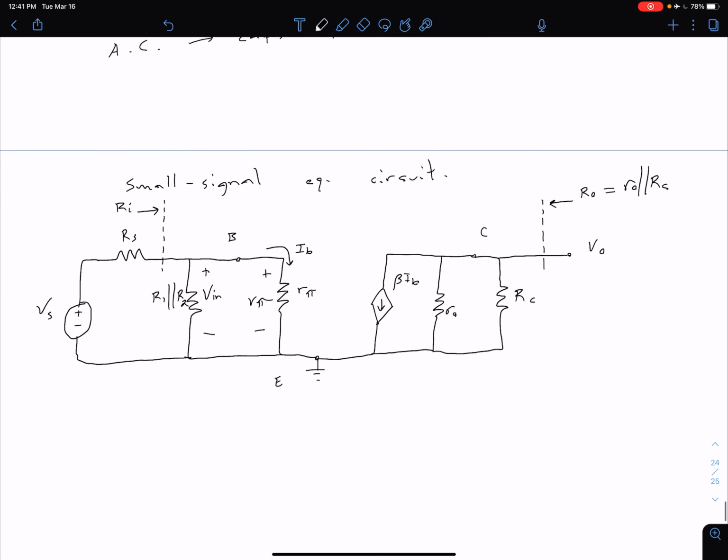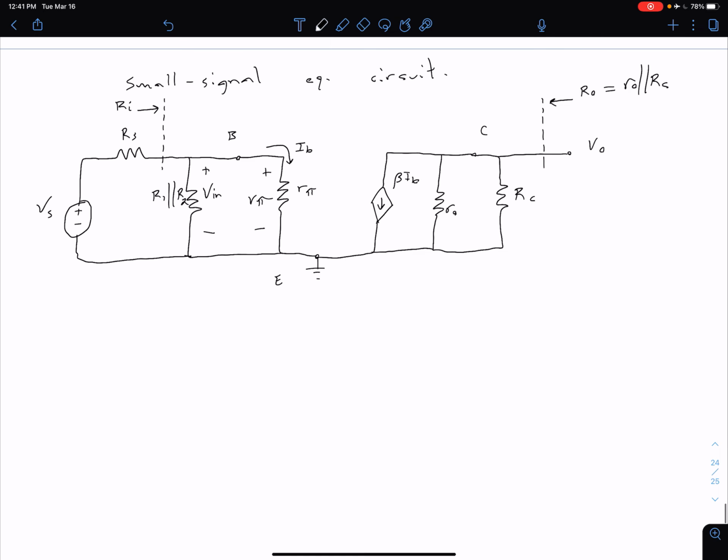And what we can see is that our input resistance is just going to be R1 parallel R2 in parallel with R pi. So Ri is that parallel combination of R1 and R2, and then also in parallel with R pi. The reason we can separate those two sides of the circuit is, of course, we have no connections other than they're both connected to ground at that emitter. Okay,